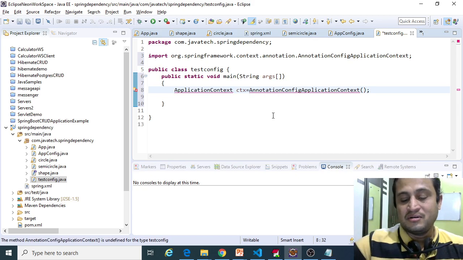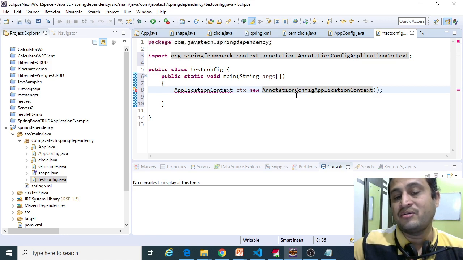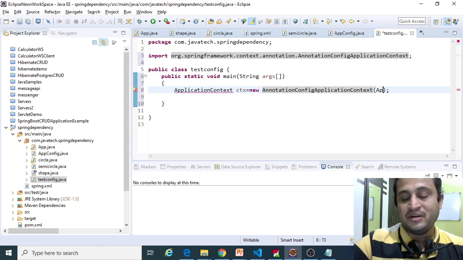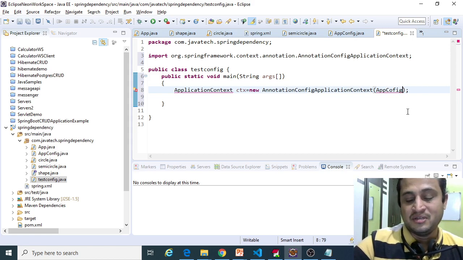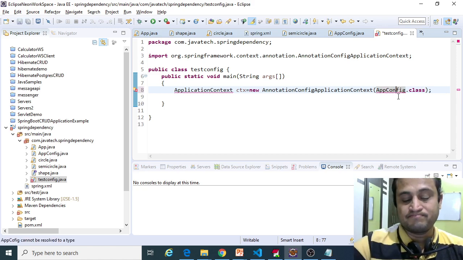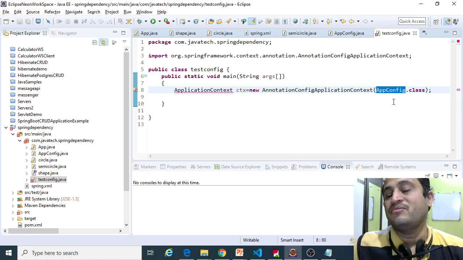Previously in our other test class, we read the spring.xml, right? Here we need to read the AppConfig. This is our configuration alternate to that Spring configuration, so we need to read AppConfig.class. What is the configuration? We have registered a circle class.